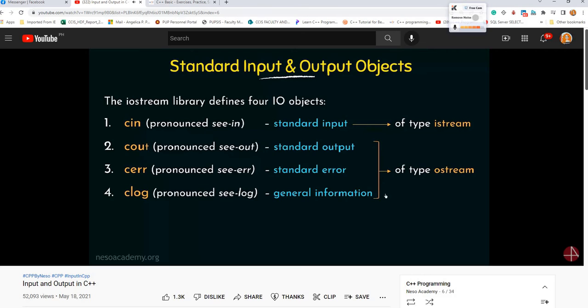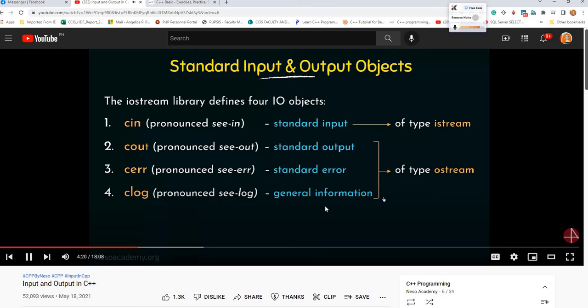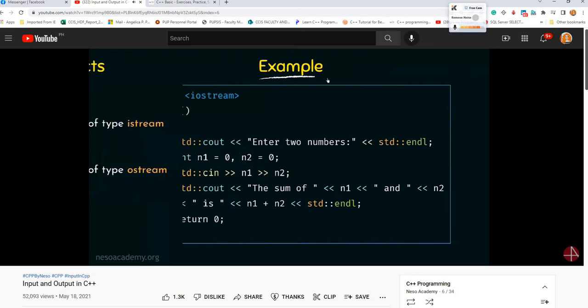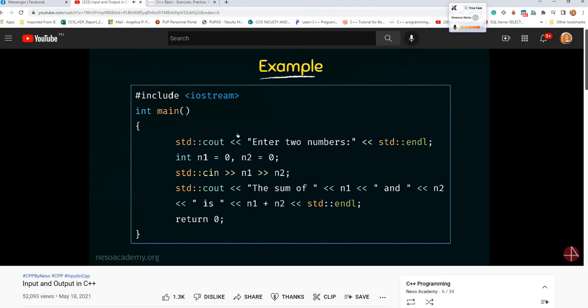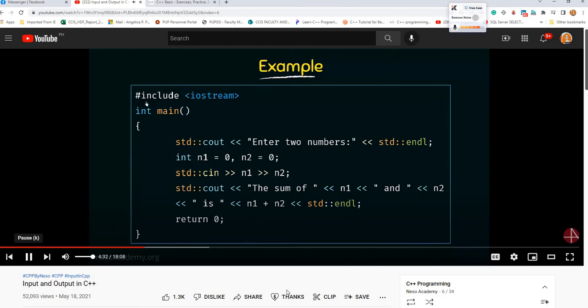So let's take an example program making use of cin and cout in order to see how they work, how their syntax looks, and how we have to write it in C++ code. Coming to this example, here we have written a complete program, and here we see that the first line